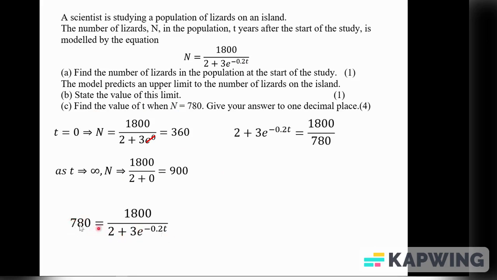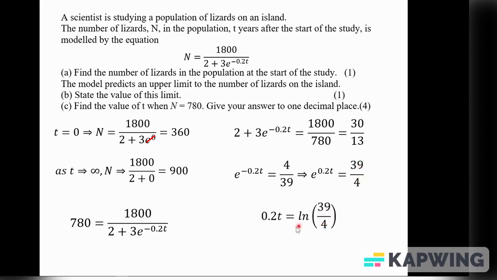Find the value of T when N is 780, sticking 780 in for N. We can flip these over, cancel this down, get 30 over 13, so I'm going to subtract that 2 and divide by the 3 and get 4 over 39. And I flip it, so it says e to the 0.2t, which you don't really need to do, but it means that e to the 0.2t is 39 over 4. Take the ln's, and so I've got 0.2t equals ln 39 over 4, multiplying by 5, sticking in the calculator,